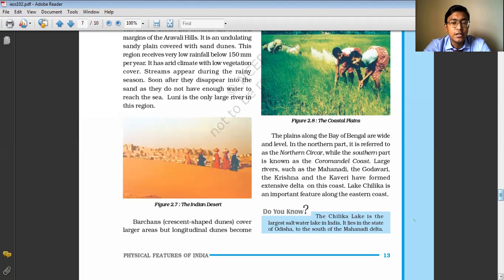Okay, not only this, but the Eastern Coastal Plain also has the delta formation. Deltas have been formed in the Eastern Coastal Plain. Okay, and the lakes can also be formed here. The saline lakes are present here, like Lake Chilika, which is the largest saltwater lake in India. It has been formed in this Eastern Coastal Plain. In the Western Coastal Plain, delta formations are not there,